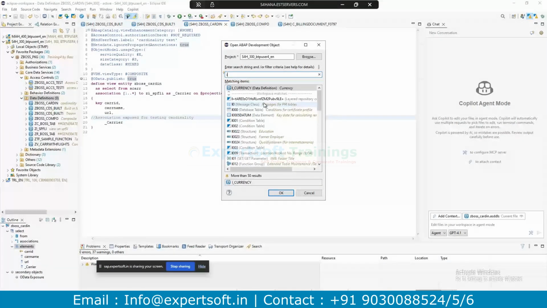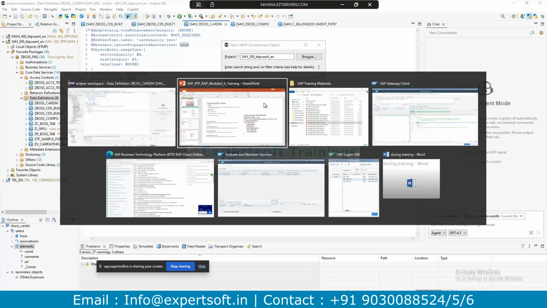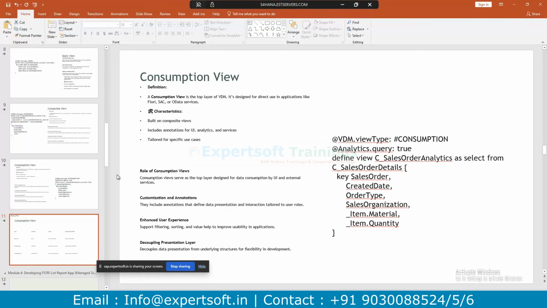You can differentiate it by looking at the starting character in the standard application. If you create an application, then according to the naming convention you can identify whether it is I or C, a composite or a consumption view. Just a naming convention to identify.